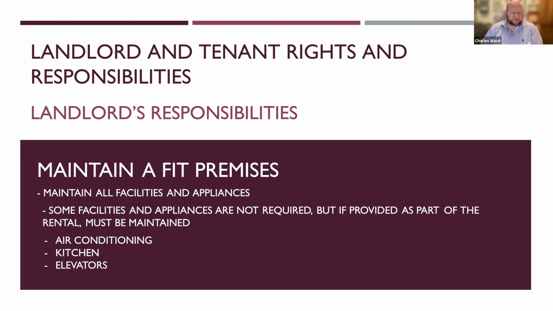Elevators is one specifically mentioned. If it's an apartment building that's 5-6 stories tall, and there's an elevator when they move in, and it's understood that there's an elevator as part of the entire unit, and that's how you get from your car to your 5th floor, then the landlord would need to maintain that elevator as well. Of course, the landlord's not required to provide an elevator necessarily. Some of that's going to depend on building codes and things like that, but even if they're not required to provide one, but they would provide one as an understood part of you living there, they would need to maintain it. And again, other items as provided in the lease that the landlord may provide.